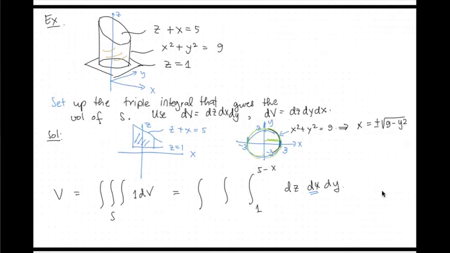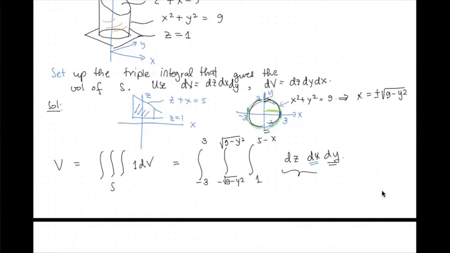So the upper one is the positive, and the lower one, this side here, is the negative square root of 9 minus y squared, and the upper one is the positive square root of 9 minus y squared. And of course, our y will run from negative 3 up to positive 3. So here we put positive 3 and negative 3. So this is our integral using this dV. You can put 1 here, or if it's absent, it's understood that there's 1. Okay. Any questions so far?